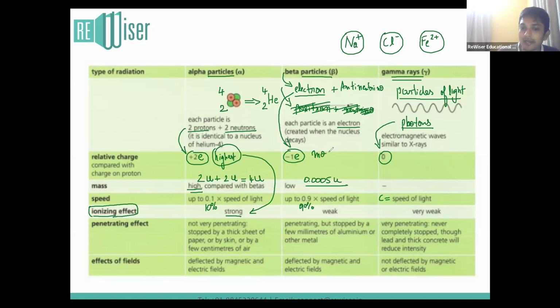Beta particles have a moderate value of charge in terms of magnitude. We don't care about the negative sign. Only by looking at magnitude, it's exactly half that of an alpha particle. So because they have a moderate charge, they have a weak ionizing effect. Because gamma particles practically do not have any charge, they are very, very weak. It's not 0, remember, because you can still use pure energy to ionize atoms. It's just that the ionizing effect that they have is much, much weaker when compared to that of alpha